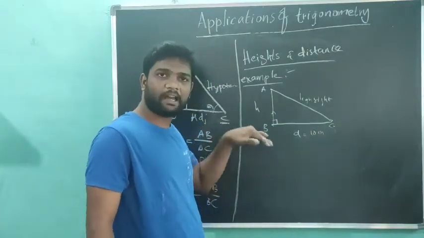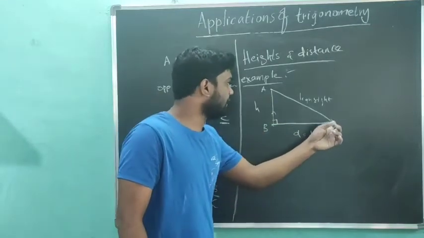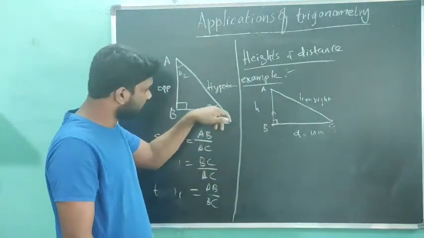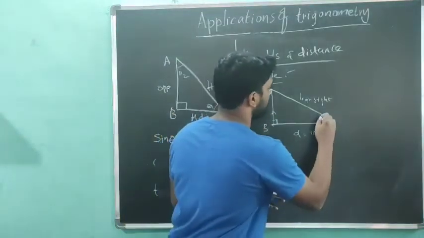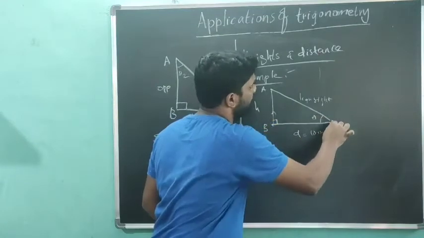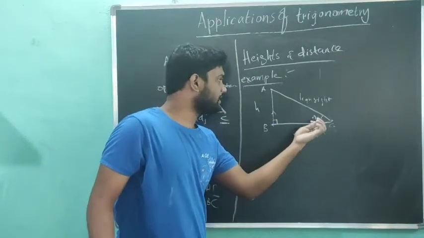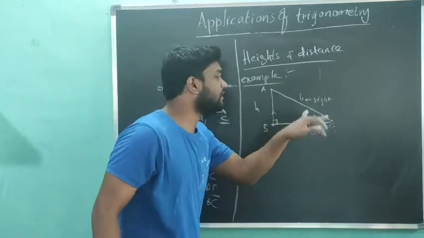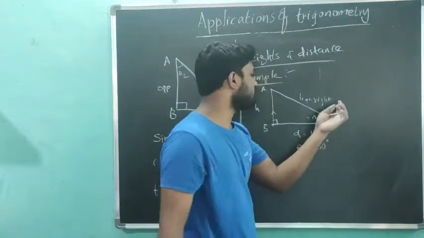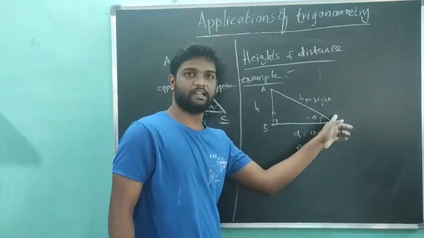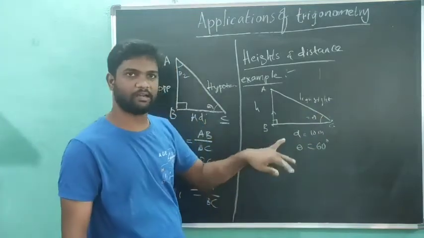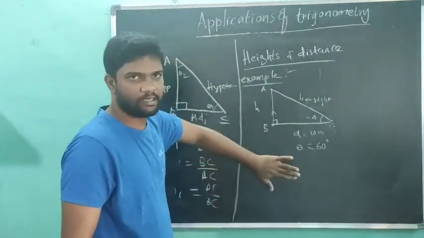And one of the important parameters we need is the angle C, because by taking trigonometric ratios we find it only by using this theta value. So let me consider this theta in degrees. We all know that if we are seeing at a perpendicular point, it is 90 degrees. So now it is less than 90 degrees. As an example, let me consider theta is equal to 60 degrees, because it is in the range of 0 degrees to 90 degrees. It is only one example I am taking. How to find this theta value, we can learn in further classes. For now, as an example, it is enough.